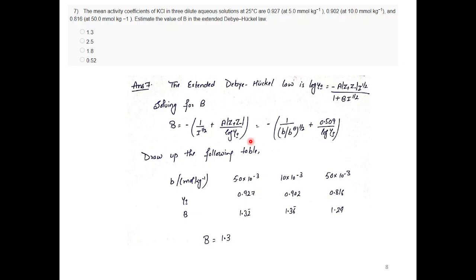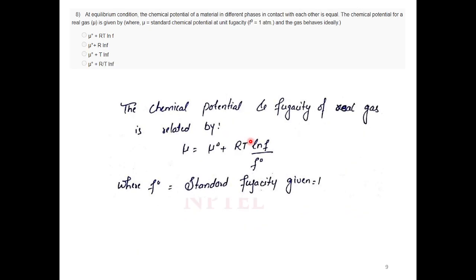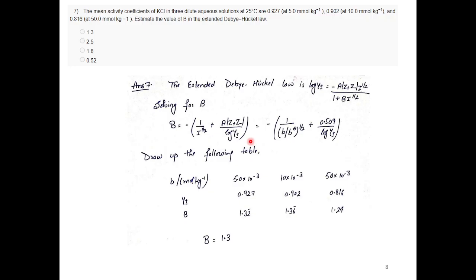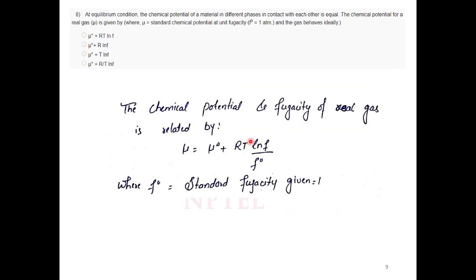And this is KCl, so z plus z minus, obviously both will be 1 and 1, right? B equals 1.3. Now you have to find out that at equilibrium condition,